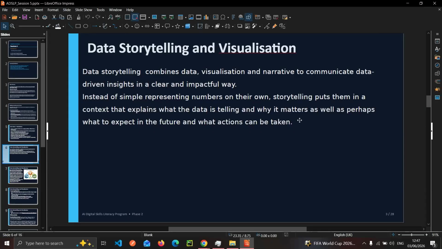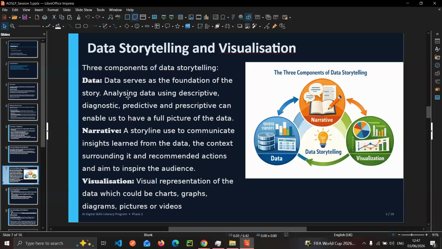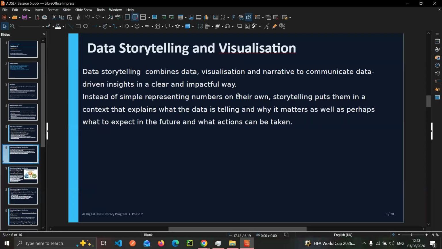So our next slide is all about the three components of data storytelling. I just want to reiterate once more about the term data storytelling because we're going to run with this throughout the session. So, data storytelling, as is written here, combines data, visualization, and narrative to communicate data-driven insights in a clear and impactful way.